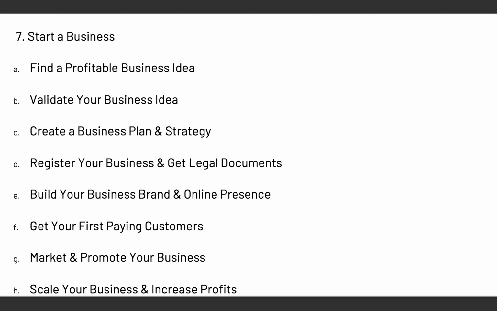So now that I've talked about the different ways to make active income, what are now the different ways you can make passive income? Remember, active income, you are trading your time for money. That means if you stop working, you stop making money. But for passive income, you are not trading your time for money. It is your money that is making more money for you. So how do you make money with passive income?